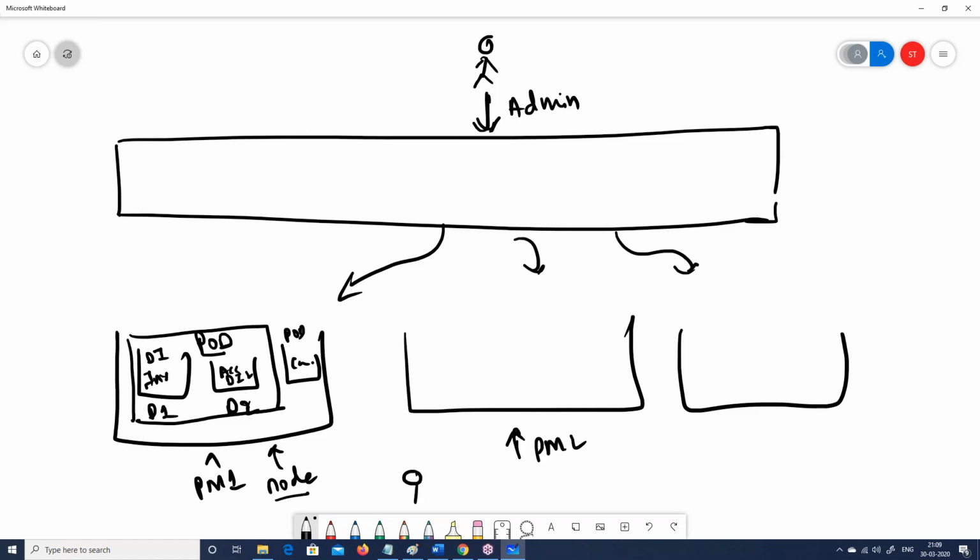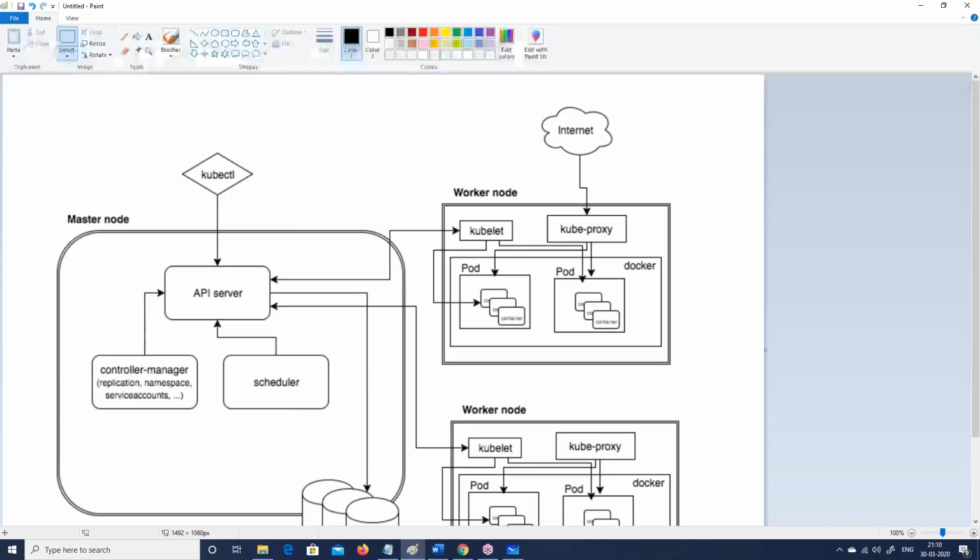So this layer will be used by admin. But the end users, when they go and hit a website, they will be hitting the website of something on this Docker. So end users are from here. When they go to the browser, they'll be hitting the websites out here, right? So end users are at one place and admins are at the other place. So please note that Kubernetes is only for admins. It has nothing to do with the end user directly, right?